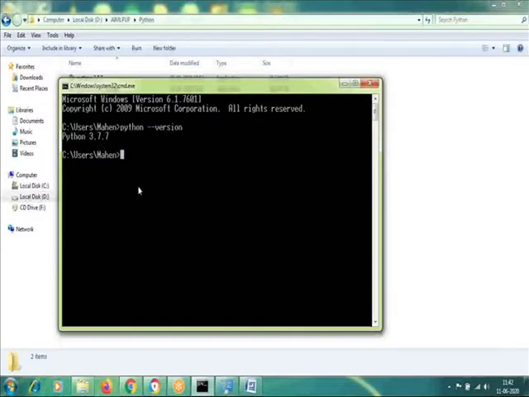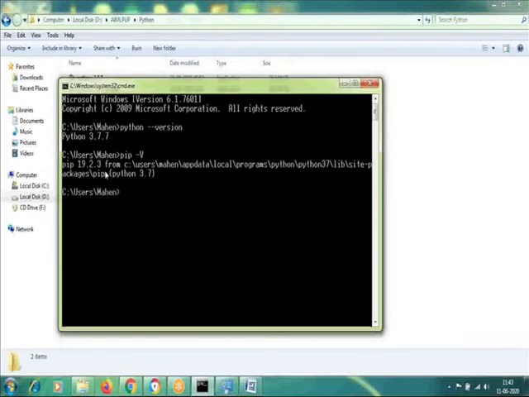Next, you must also verify whether pip is installed or not. For that, you can type pip -V with a capital V. It will list the version of pip which is installed. When you install Python, pip automatically gets installed, so there is no requirement to install pip separately. The Python installation has an inbuilt pip, so it will directly tell us the version. Here, pip version 19.2.3 is installed on my PC.